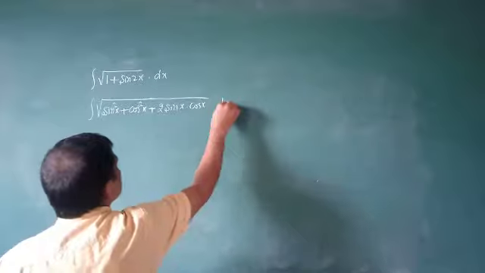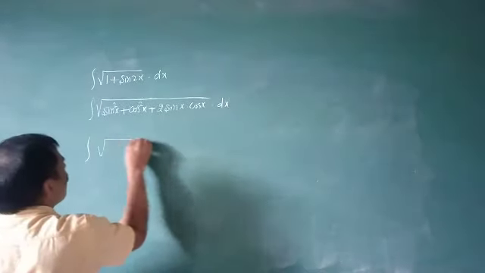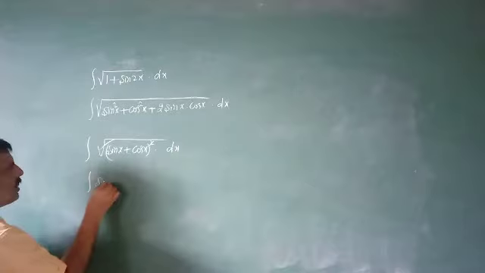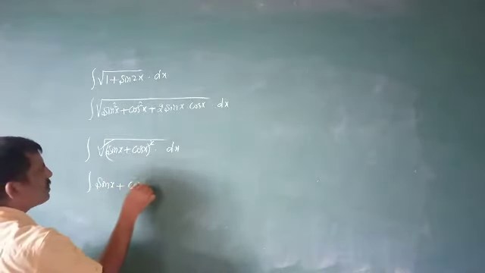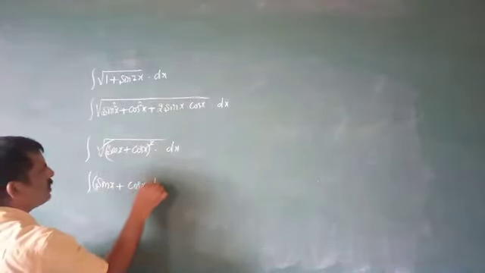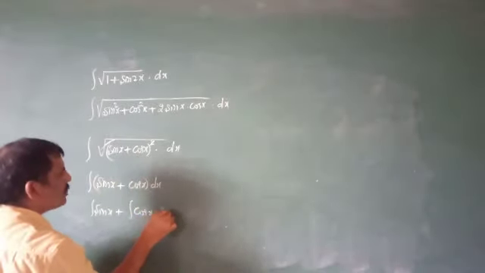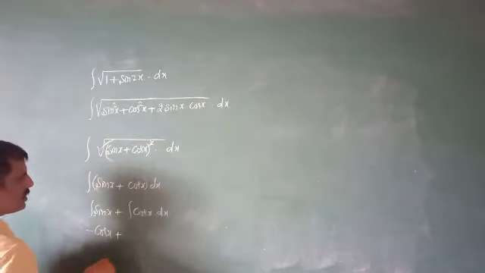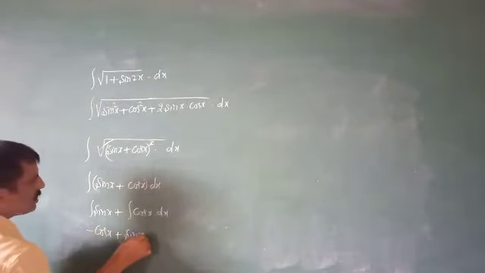So this is integrate of the square root of sin x plus cos x whole square with respect to x. Square root gets cancelled. Integrate of sin x plus cos x with respect to x is integrate of sin x plus integrate of cos x with respect to x. Integrate of sin x is minus cos x, plus integrate of cos x is sin x plus